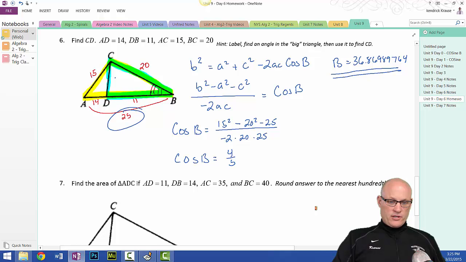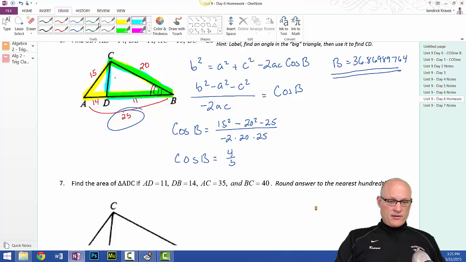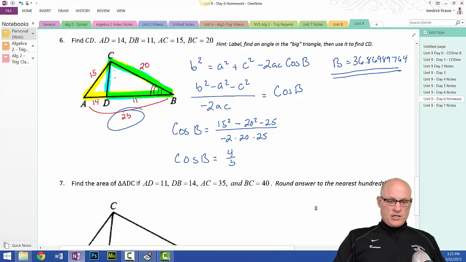I'm going to work in this triangle now. All right, and now I'm going to do the same kind of thing, except I'm going to look for X now. But that's not really X. We'll call that little b again. So now I'm looking for little b. So I'm going to do b squared